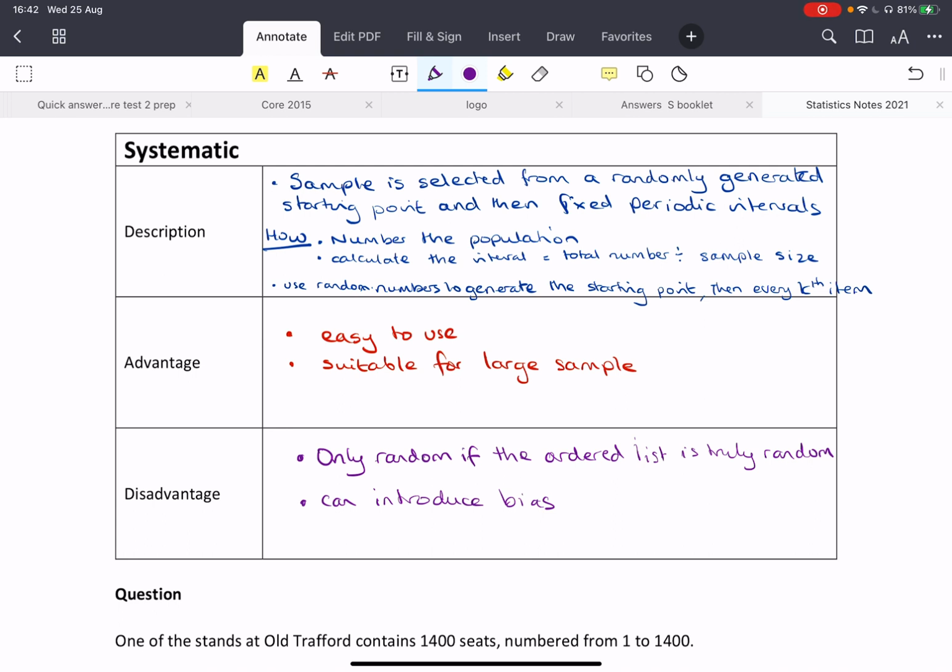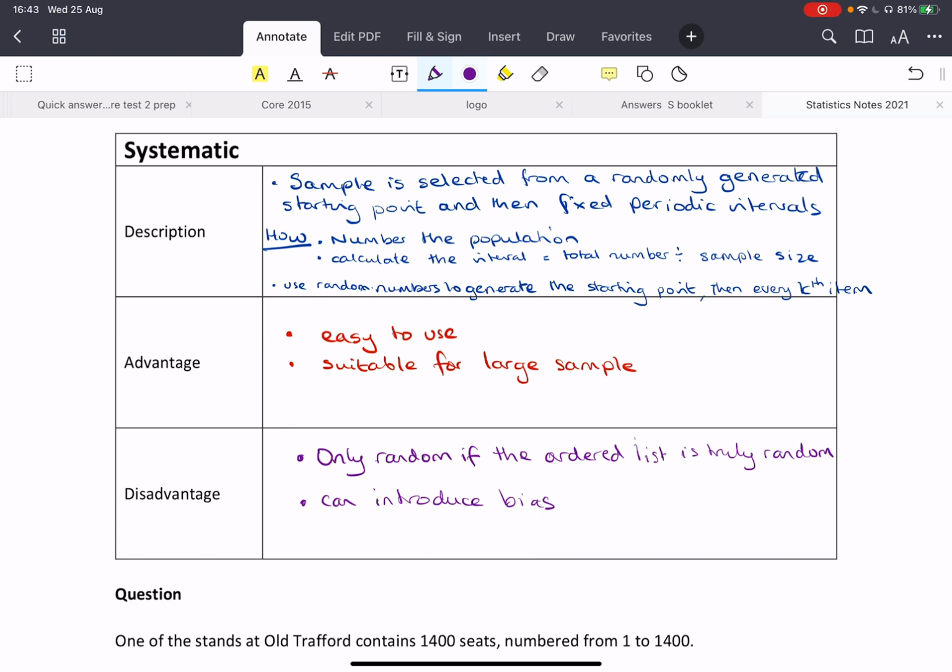So how we do it is you number the population, or your population is numbered, you have information that already lists your population in some way, which gives you a sampling frame. You work out what the interval jumps need to be by taking how many things are in the population and dividing it by your sample size. In the case I had before, there were 200 members of the population and I wanted a sample size of 20. So I was doing 200 divided by 20, which gave me 10. So I want every 10th object, and then all I have to do is use random numbers to decide where to start. Now, if I've got 199 things and I want a sample of 20, I can still take every 10th